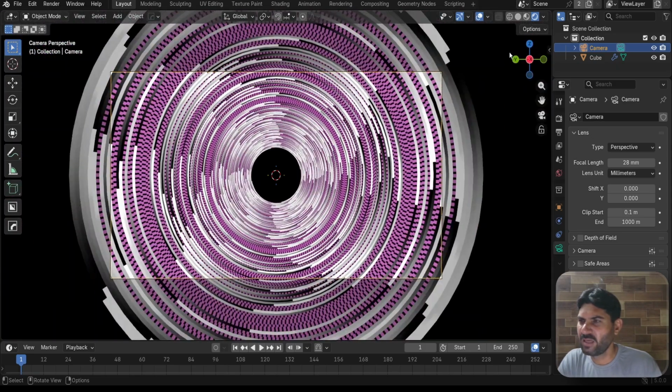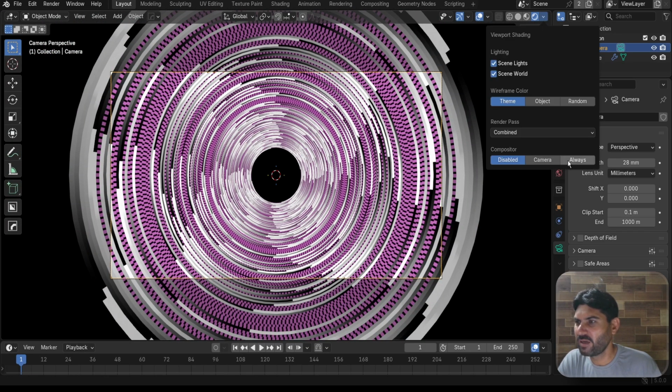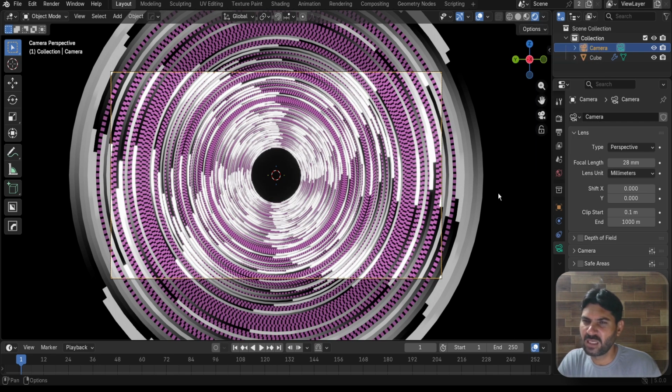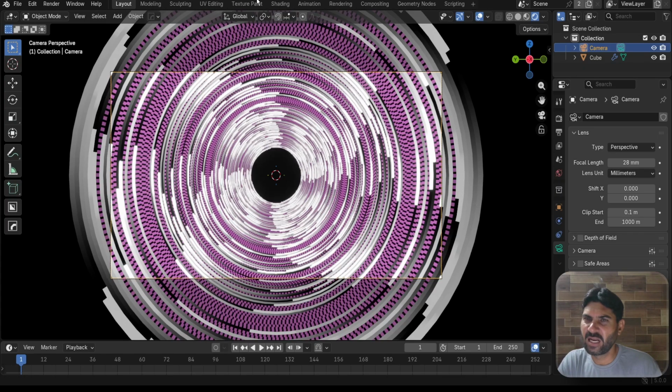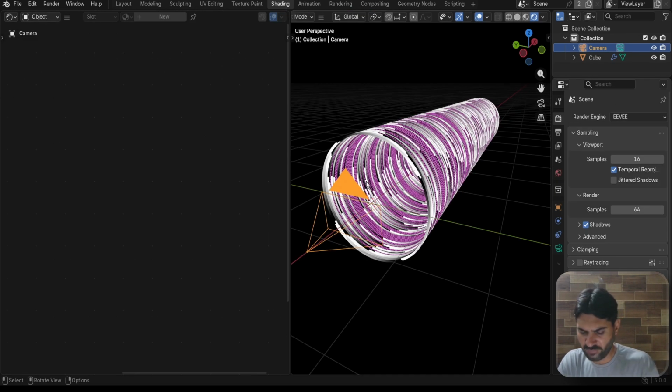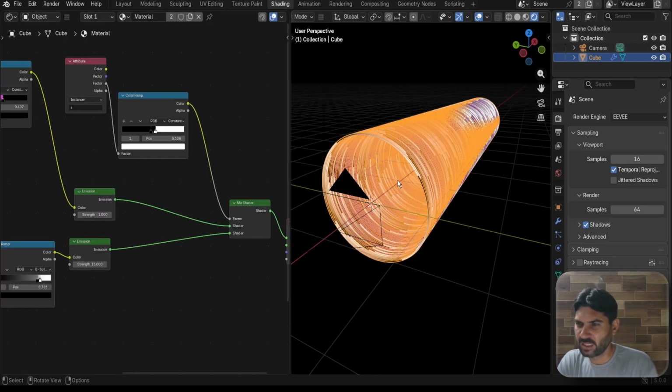Now we have this. You can see the emission material. Here we select this always. Now you can see the emission material. So now I want to add the animation to these materials. So for that, here I enter into the shading workspace, enter into the camera view,